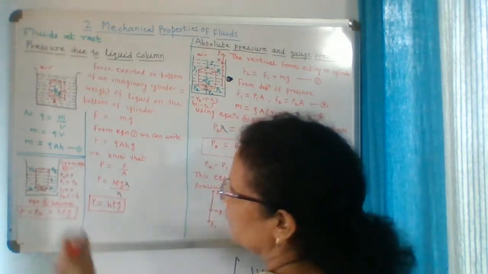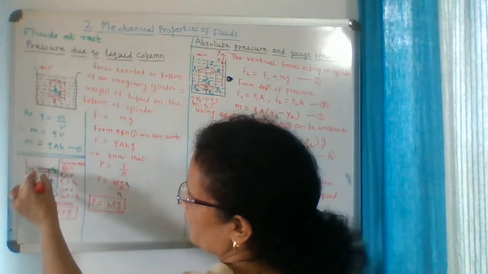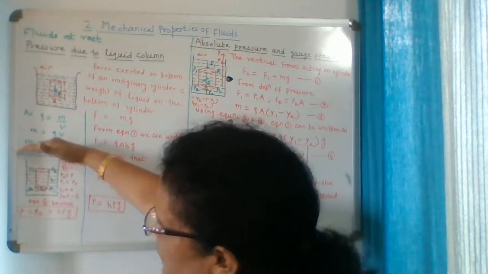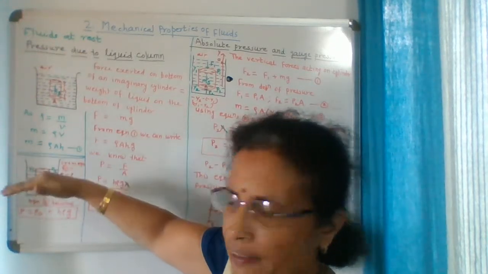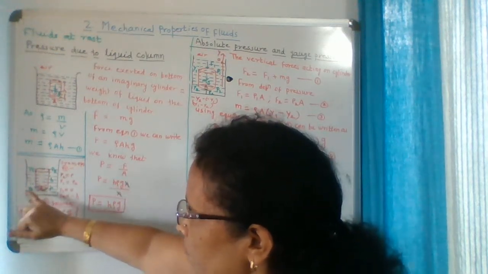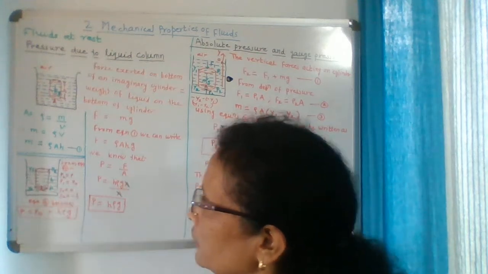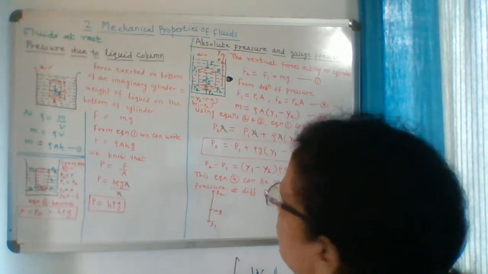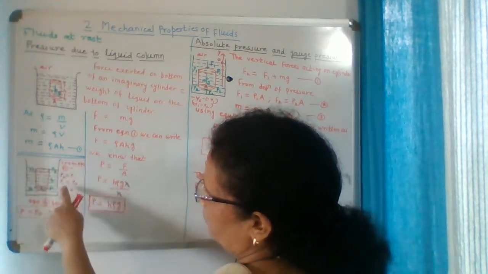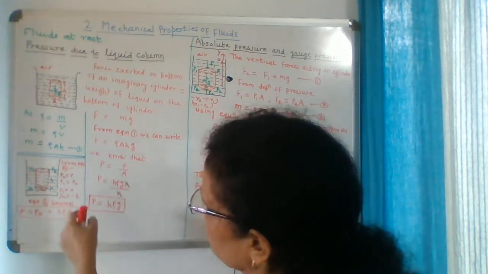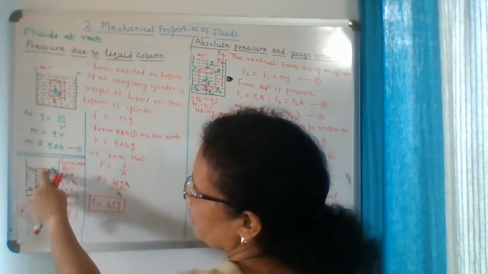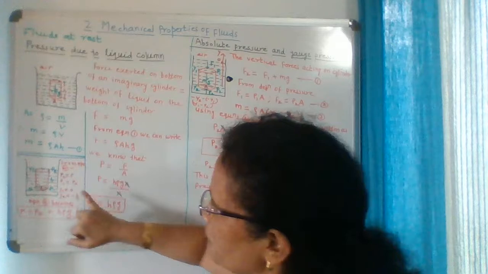Now here again the reference line is the y-axis. This point is y1. The pressure at y1 will equal, since above it there is atmosphere, only atmospheric pressure will act, which is represented by P0. This point is y2 and the pressure at the point y2 is P. Right. So using equation number 4, here P2 is replaced by the pressure P, and P1 is replaced by the atmospheric pressure P0.